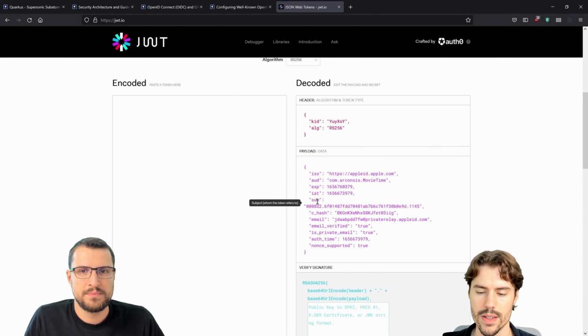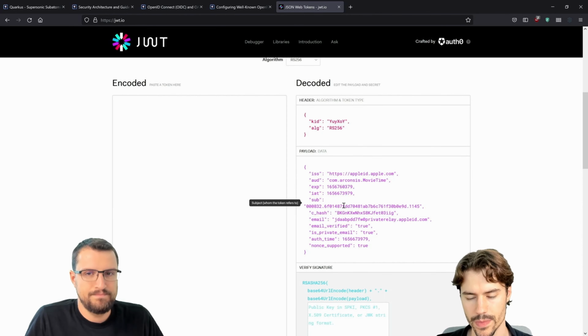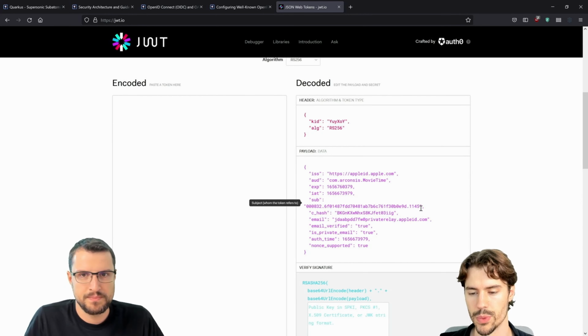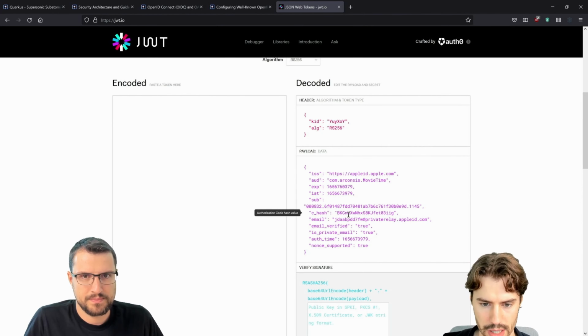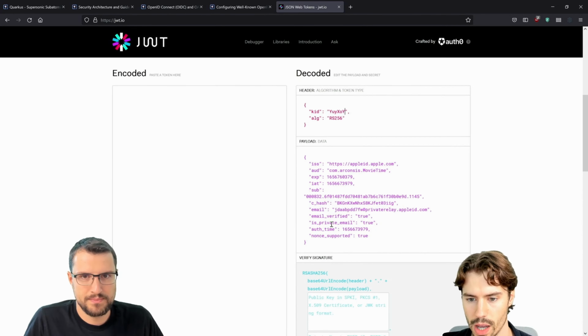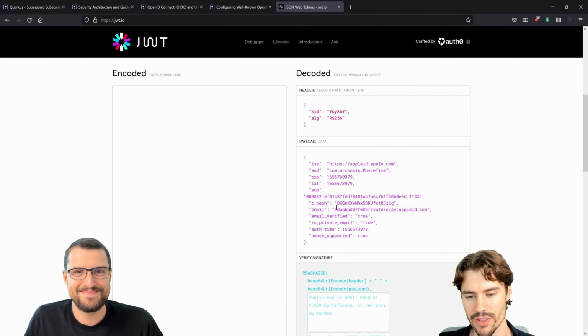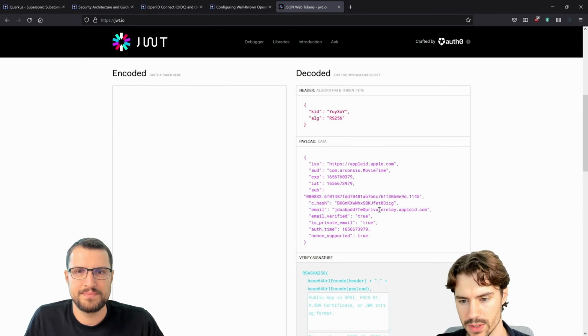The subject is actually the user ID. So this is the one we will be using to identify the user. Then we have some hash, okay. We also have an email, and here you can see some Apple specialty with the privacy relay,